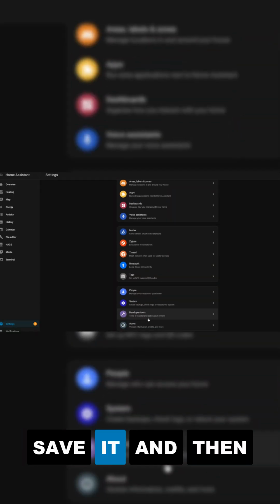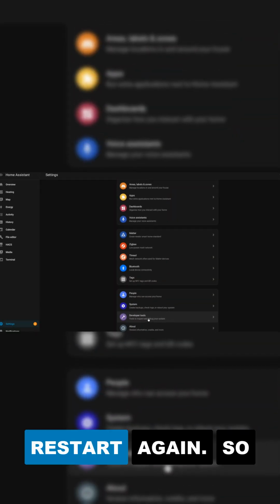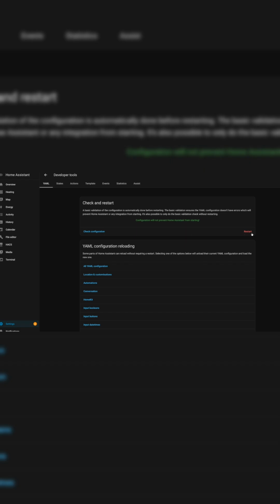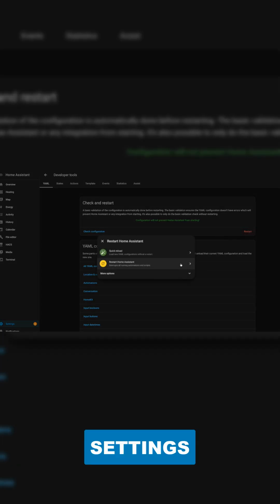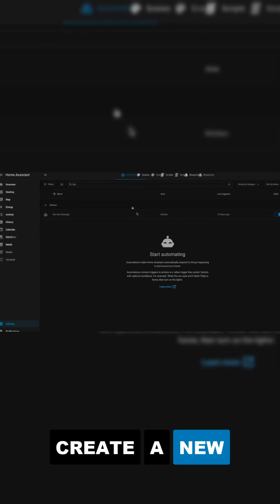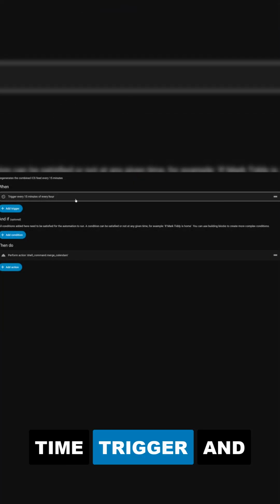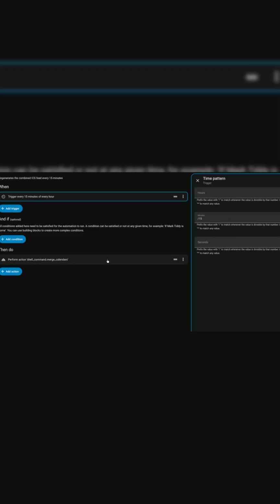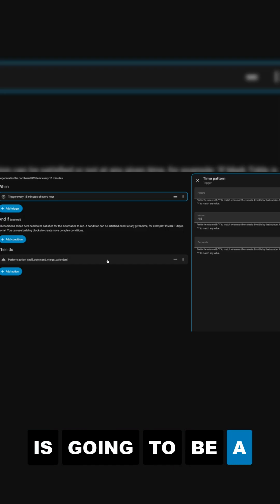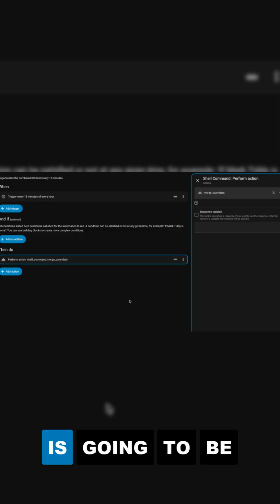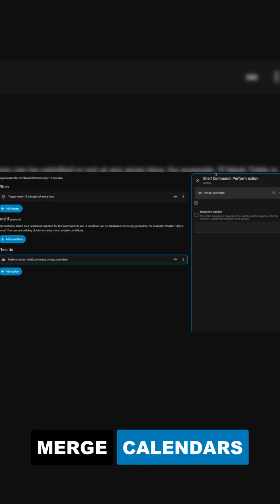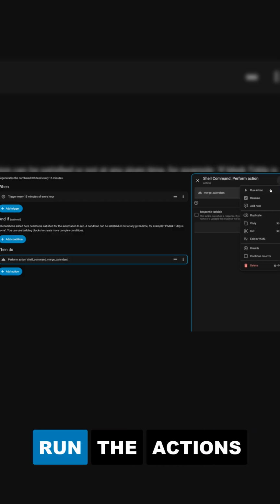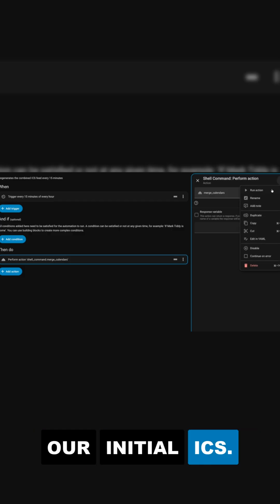Once you've added that, save it and then go into settings, and we're going to do a proper restart again. So we're going to go into developer options, check the YAML and do a proper restart. Once restarted, head into settings, automations and scenes and create a new automation. Now our trigger is going to be a time trigger, and under minutes we're going to have /15. That means it will run every 15 minutes. Then our action is going to be a perform action. And that action is going to be shell_command.merge_calendars, which of course is what we just created. We can then press the 3 lines in the top right to run the actions, which will create our initial ICS. We can then say